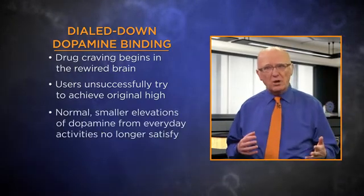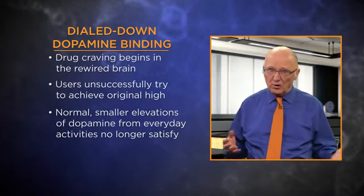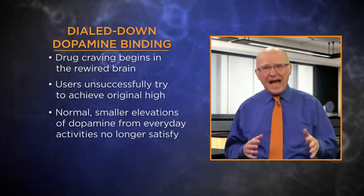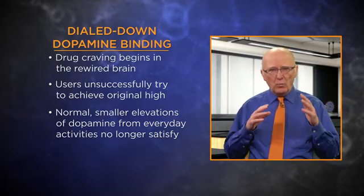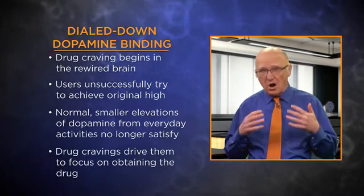Meanwhile, the normal, smaller elevations of dopamine from everyday feel-good activities no longer satisfy. This makes addicts lose interest in things that once mattered to them, while drug cravings drive them to focus on obtaining the drug. A variation on this theme leads to drug dependence on opioid drugs and prescription painkillers like oxycodone